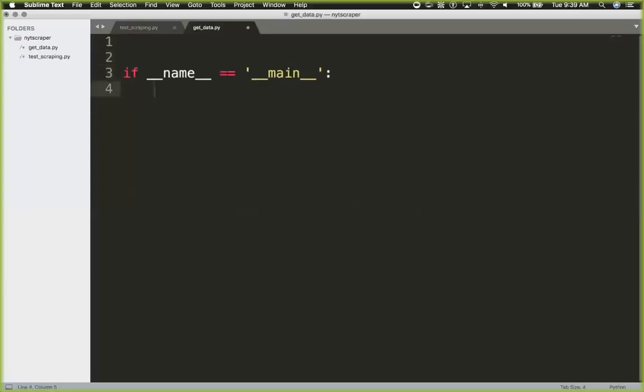Now, this might be a case if we want to have some extra test cases in here, or if we had a function that we wanted to define up here before that part and import that from somewhere else, we can put that in there. I typically just do it as a good reminder that this is the thing I'm going to run